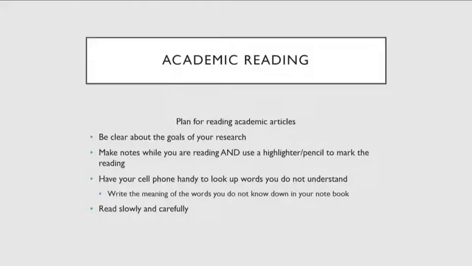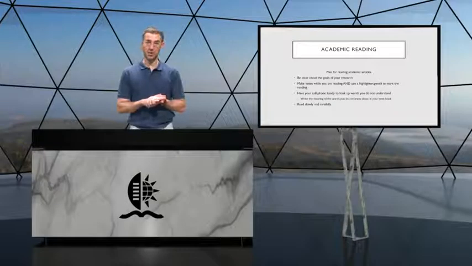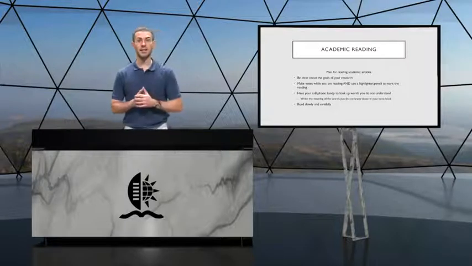Then you also need your cell phone. And the reason you need your cell phone is because when you get to a word that you don't understand, you can quickly put it into Google. Let's say the word homogeneous comes up, which we're going to look at a little bit later in this lesson. And you don't know what that means. You type it into Google, and then next to the word you write meaning. And Google will give you a definition of the word, and not only will it give you a definition, but it'll allow you to hear what the word sounds like so that you know how it's pronounced.